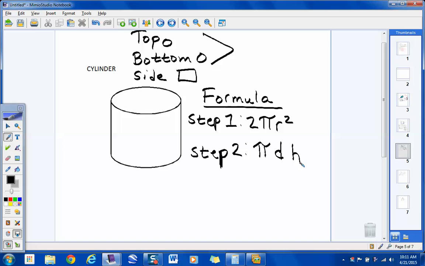We understand what pi is, right? What do you think the D stands for? Diameter. Diameter of the top, right? Guys, pi times diameter is the circumference of a circle. Pi times diameter, that's this distance around. And then, what do you think the h stands for? If I take this pi d, the distance around here, times the height,